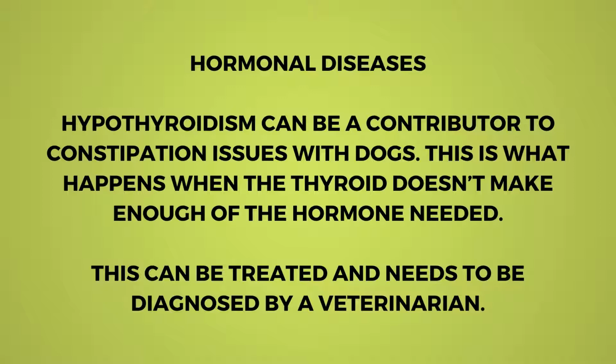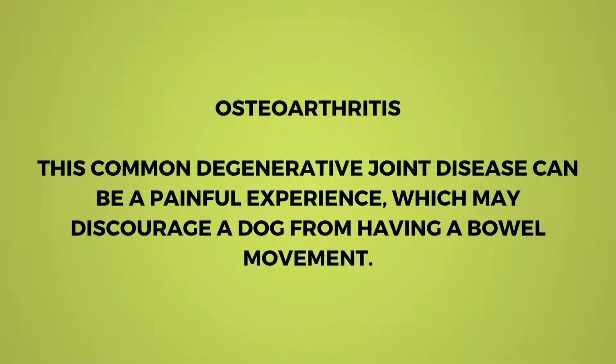Hormonal diseases. Hypothyroidism can be a contributor to constipation issues with dogs. This is what happens when the thyroid doesn't make enough of the hormone needed. This can be treated and needs to be diagnosed by a veterinarian. Osteoarthritis. This common degenerative joint disease can be a painful experience, which may discourage a dog from having a bowel